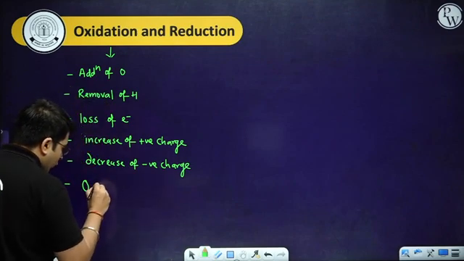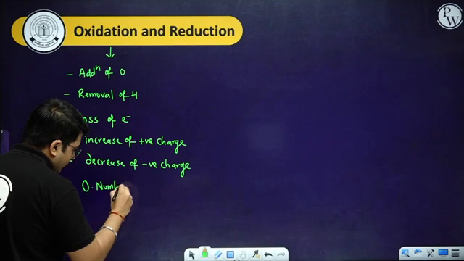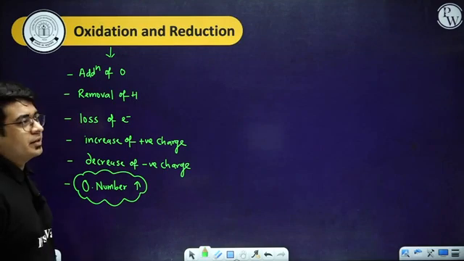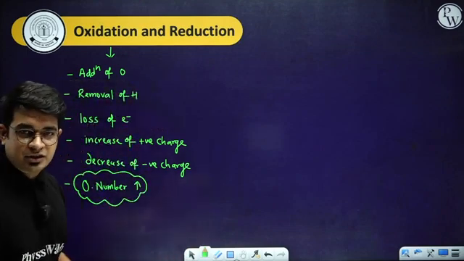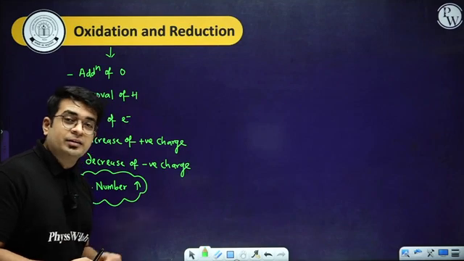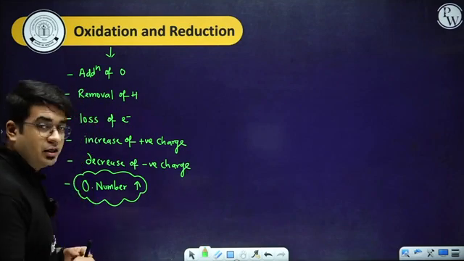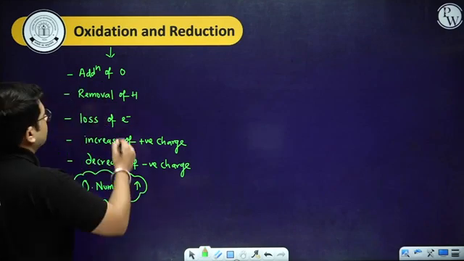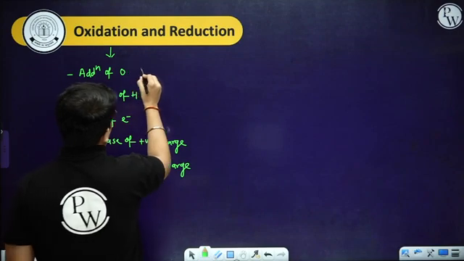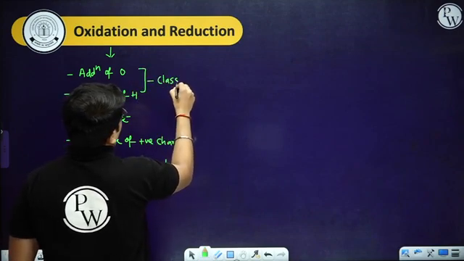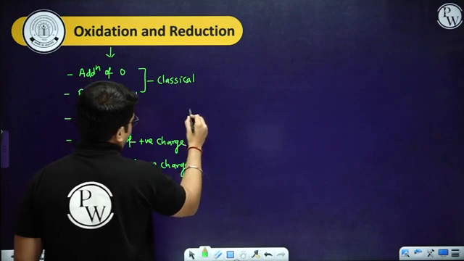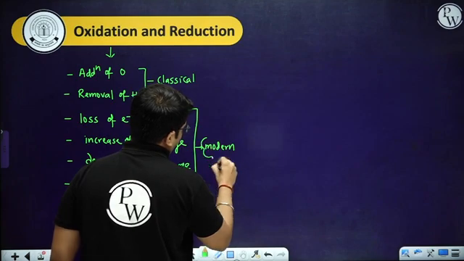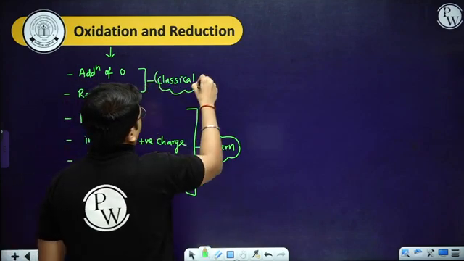Generally remember, when oxidation number increases, that process is basically oxidation. But that part we will figure out later in this session, like what is oxidation number; we first have to find out, then we can see what is the increment of this oxidation number. So these are a few cases related to the process of oxidation. These were the classical concepts, and these other concepts are the modern concepts. These are modern concepts and these were classical concepts.